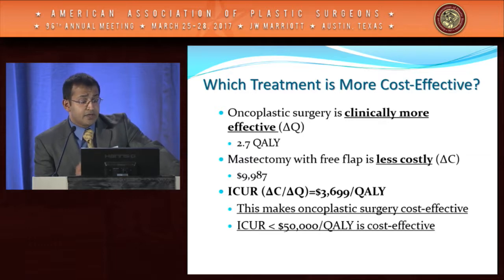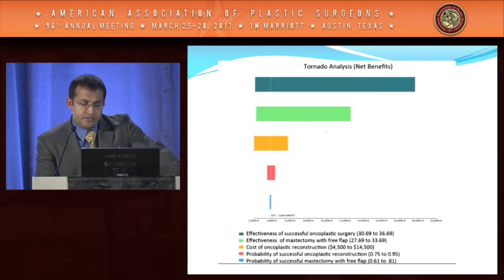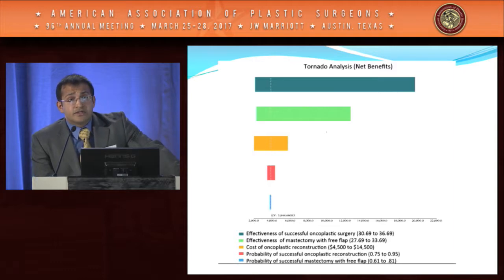And this would make oncoplastic surgery cost effective based on the absolute value of less than $50,000, which is the topmost amount that a treatment option has to be less than in order to be perceived as cost effective. In order to assess the robustness of our data, we looked at all our variables and understood that